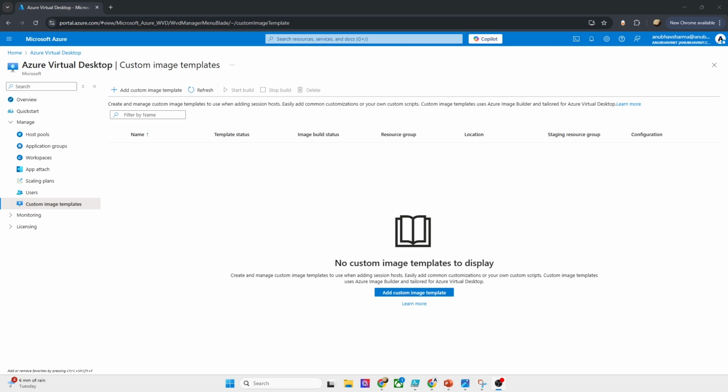When we didn't have this, we used to create a VM, install any applications on it, change some settings, do sysprep, capture an image of that, save it in an image gallery, and using that we used to create VMs. The custom image template which we create through the Azure Virtual Desktop console is a JSON file, which is